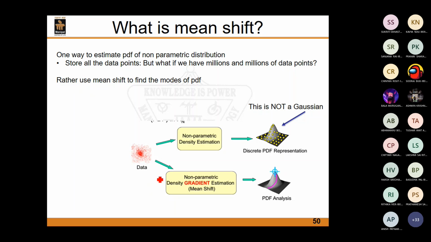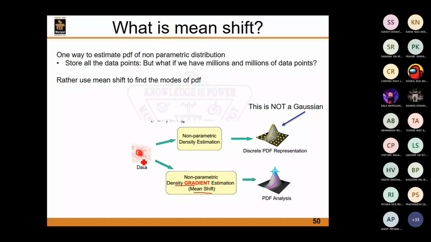Okay, another way which could be done is we could make use of the density estimation in terms of the gradient using the mean shift algorithm, which was just discussed now. So in mean shift, as I said, what it does is it will just try finding out the peak of the PDF. So what it does is, by looking at this data distribution and with random initialization over here, it will keep calculating the center of mass, and it will keep moving towards the center of mass with each iteration, and finally it will stop at this particular place where you have